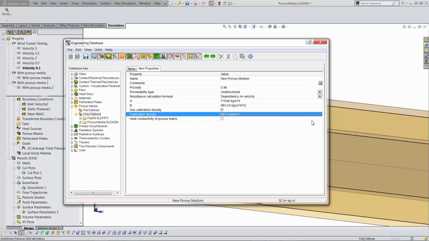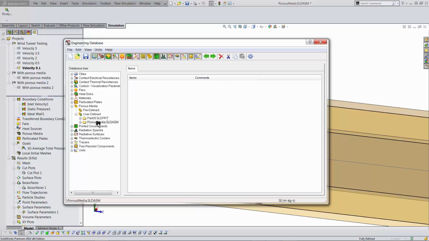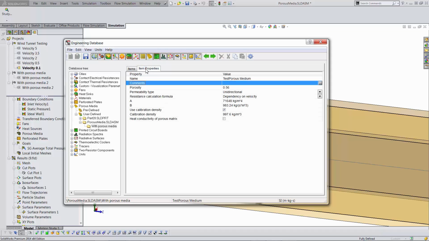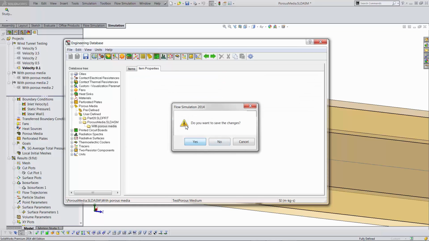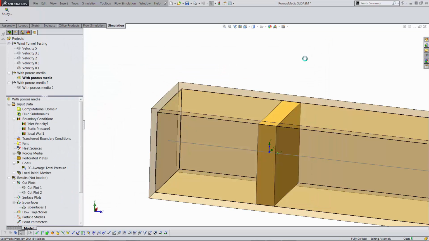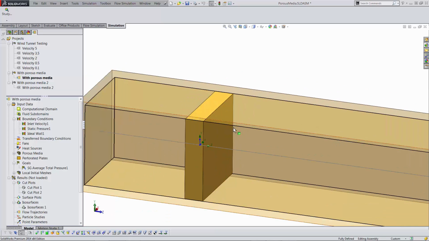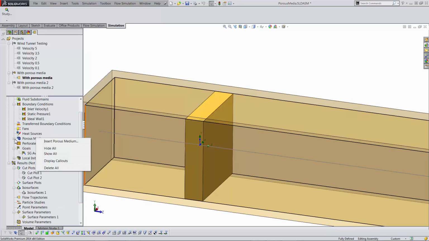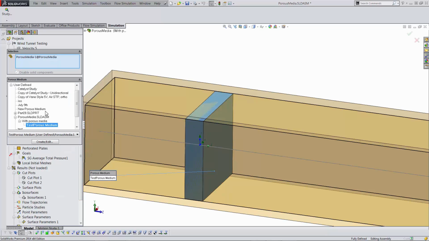I'm not going to be doing any heat transfer, so I don't need to worry about this last box here. And this is all I need to do to create a porous media block. Now let's test it. I've created this exact same material with this here. We'll give this a test run. I'll save my changes with this porous media block. So I set this thickness to 0.018, set it up with the porous media that we created together,